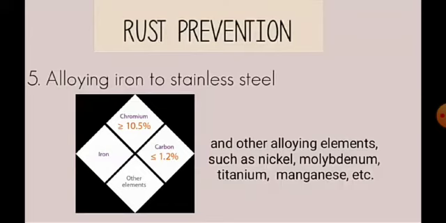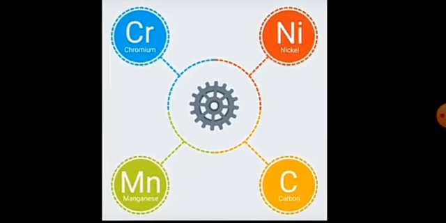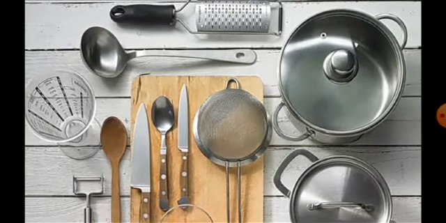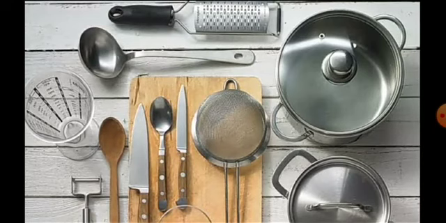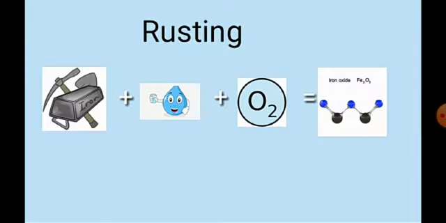The fifth way is that rusting can also be prevented by making stainless steel. When iron is mixed with carbon, chromium, and nickel, then stainless steel is obtained. This stainless steel actually prevents rusting. So we are using the different types of utensils which are generally made up of stainless steel, and it doesn't get rusted when we are using it so frequently in the kitchen also. So from this video we can understand